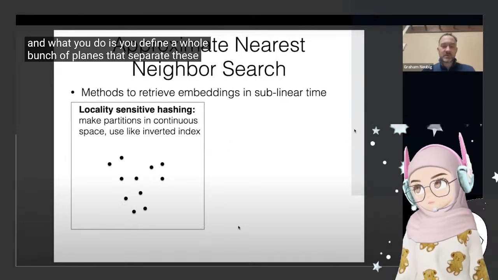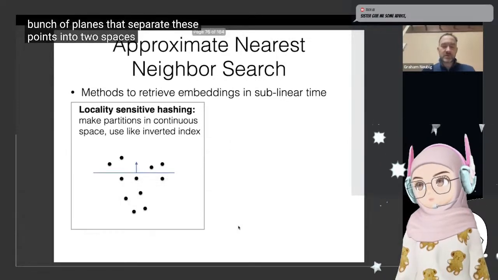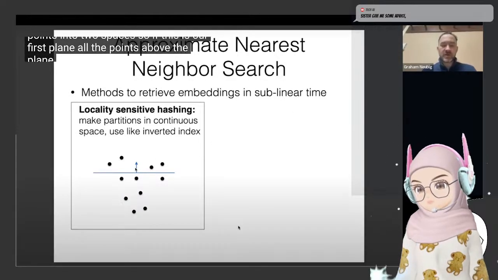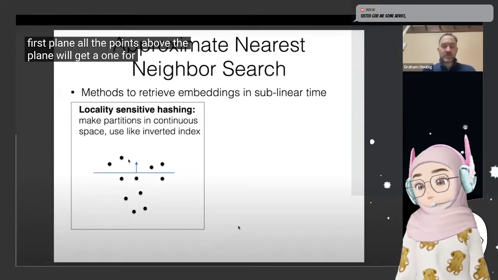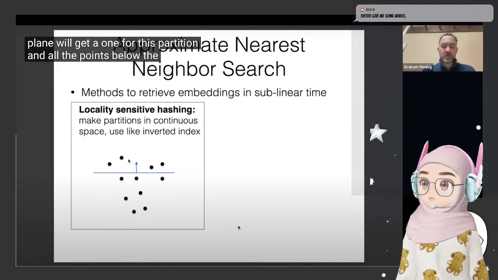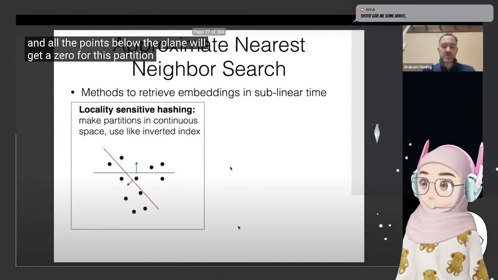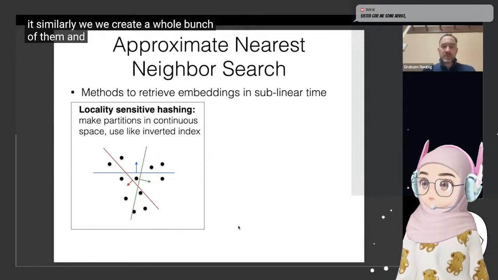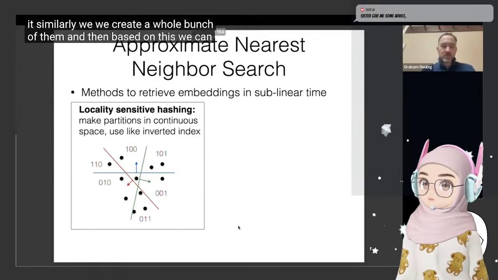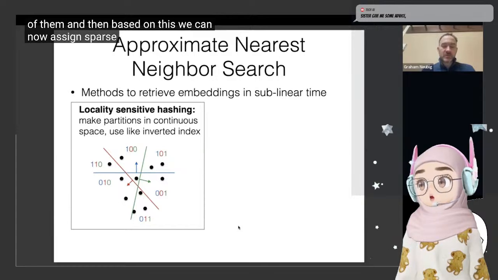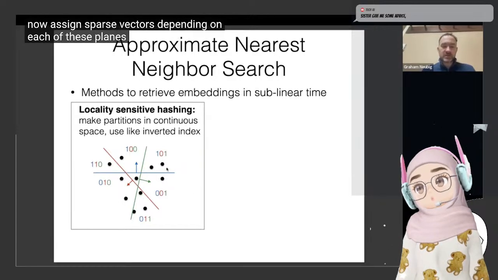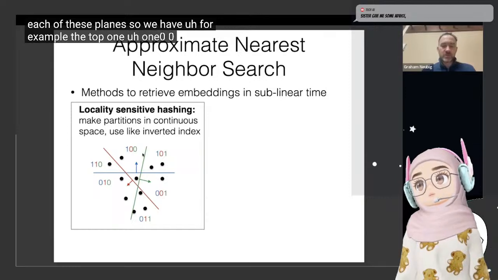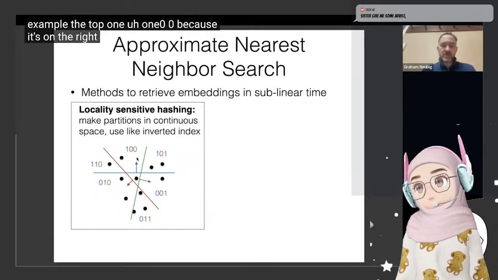That separate these points into two spaces. So if this is our first plane, all of the points above the plane will get a 1 for this partition, and all of the points below the plane will get a 0 for this partition. Okay. And we do it similarly. We create a whole bunch of them. And then based on this, we can now assign sparse vectors depending on each of these planes. So we have, for example, the top one, 1, 0, 0, because it's on the right side of the